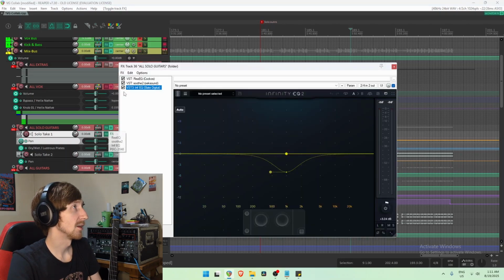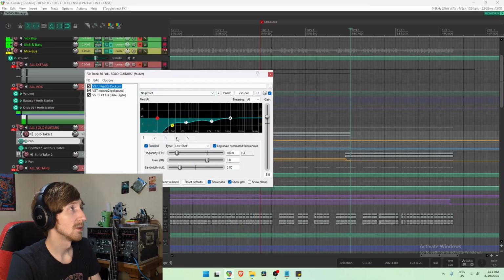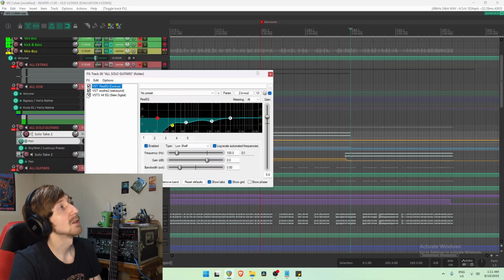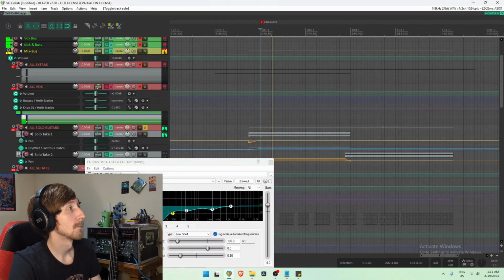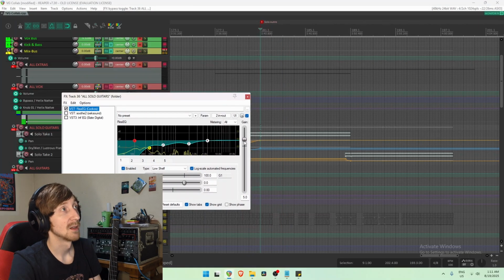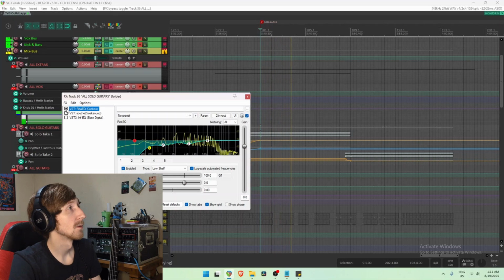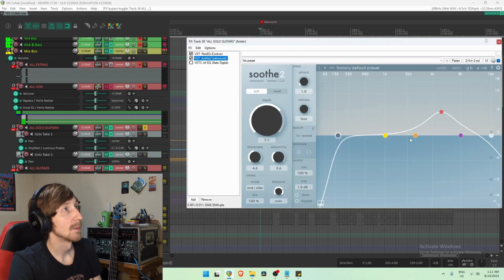And then on the guitar solo as a whole, carving a ton of low end out of the guitars, getting rid of some low mids, and then probably some harshness around 2K. Let's take a listen to that. Also boosting quite a bit, so there's a lot being added there. Let's listen to these changes without the boost. Definitely clearing things up quite a bit. Pretty basic stuff there. Removing some harshness with Soothe,